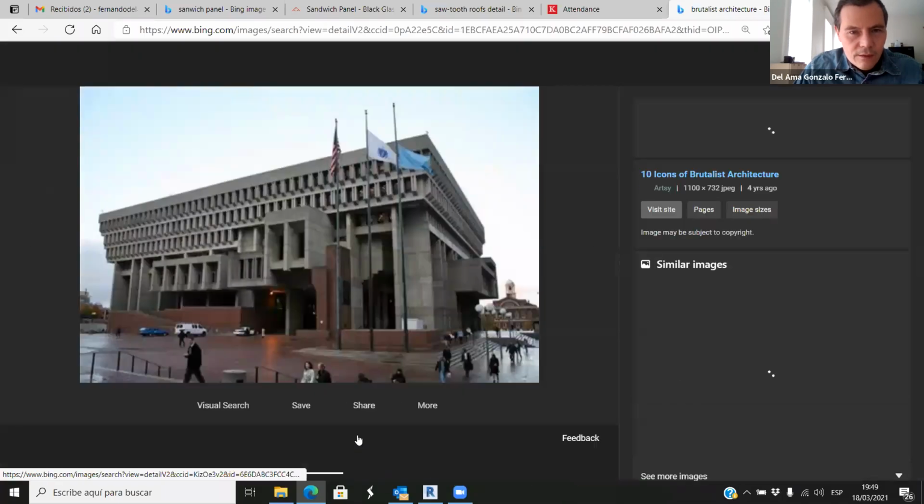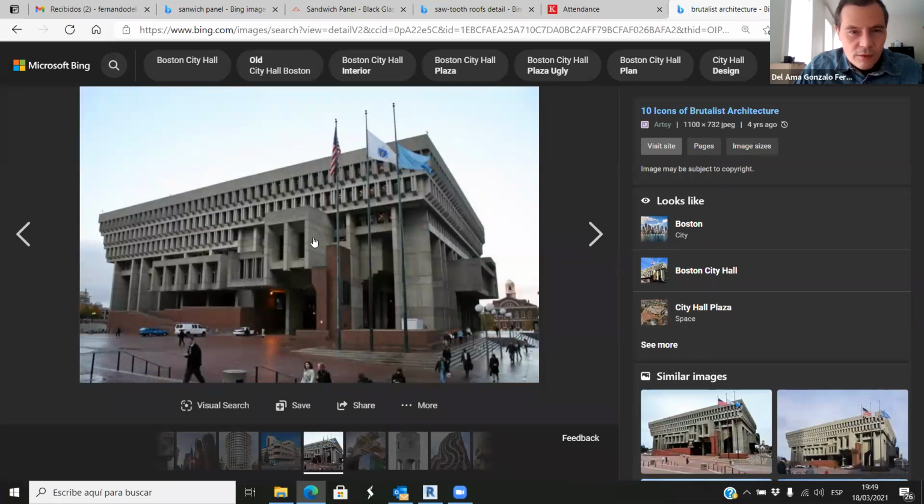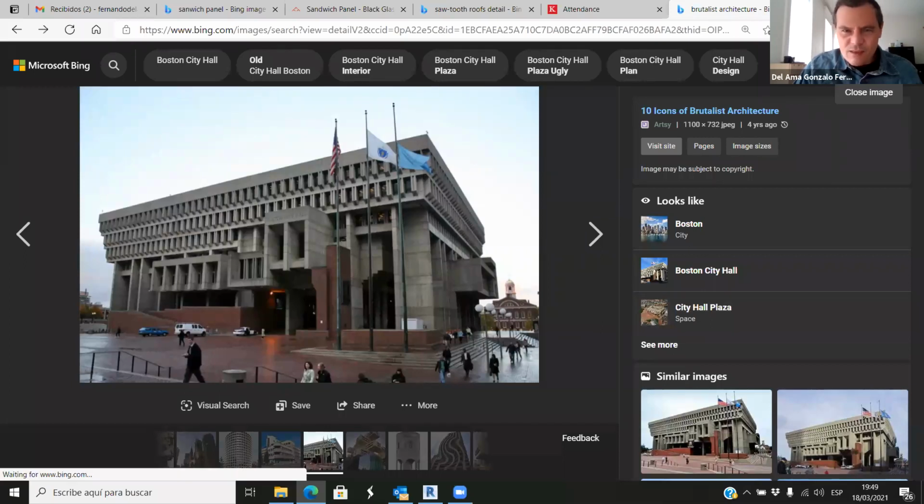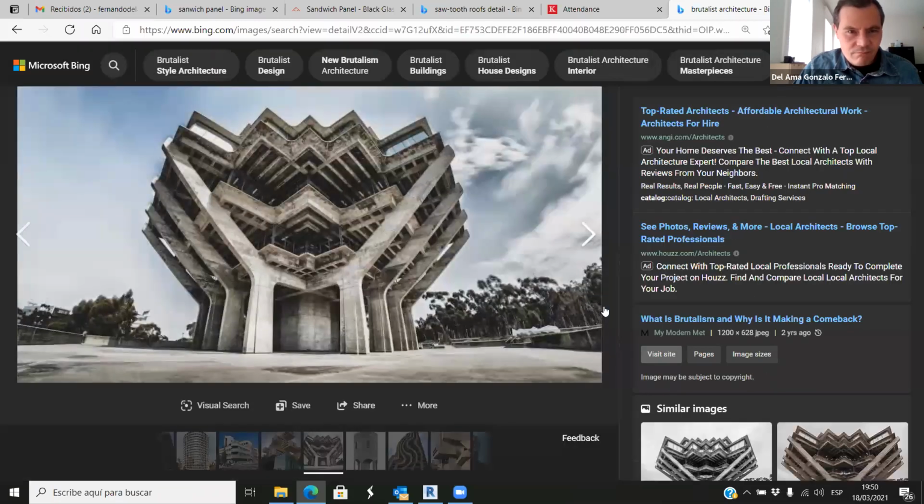And there's, okay, this is quite famous because this is the Boston municipality. And well, we have this kind of brutalist architecture with exposed reinforced concrete. Well, it was in fashion in the 70s. Now I think nobody will accept this because it's tough. I mean, it's interesting, but